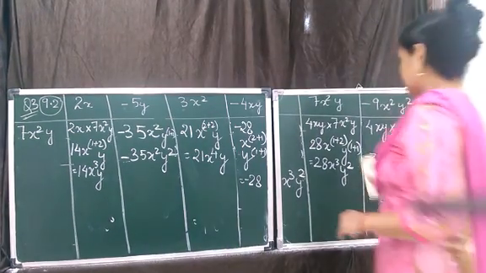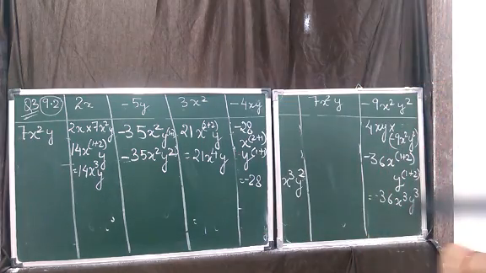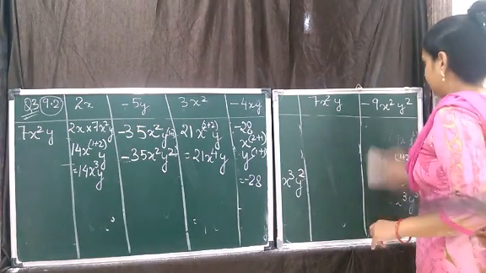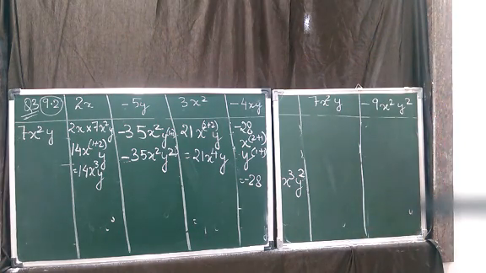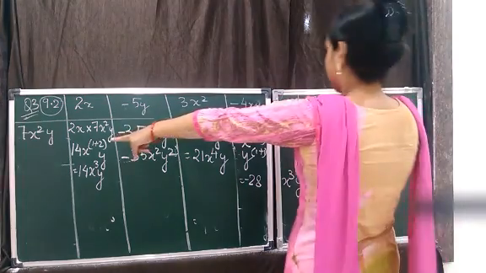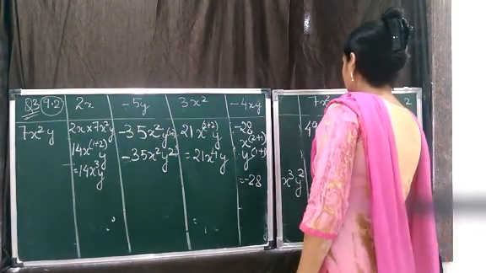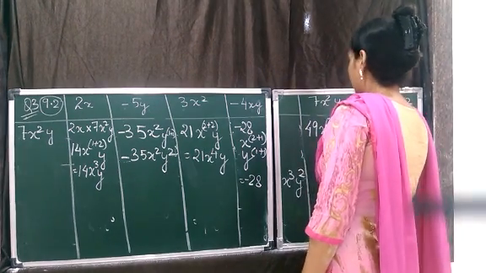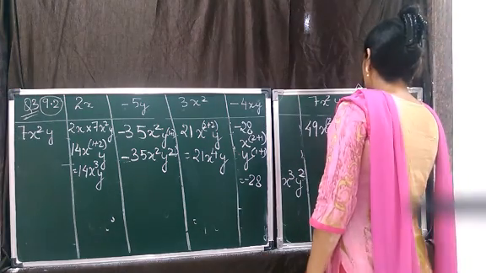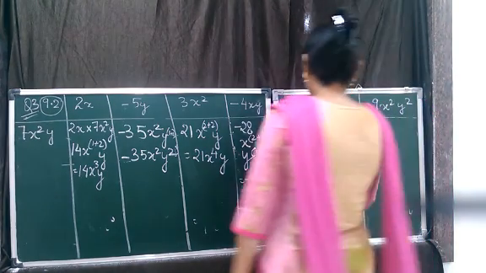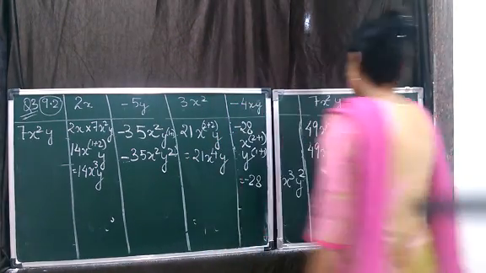This completes the first 4 columns. We have to do the 5th and 6th now. Now 7 7s are 49. You can see 7 7s are 49. Power of x will be added. Okay, whatever powers are there, there is 2, here's 2, 2 plus 2. And power of y will also be added. So it is 49 x to the power 4 and y squared.